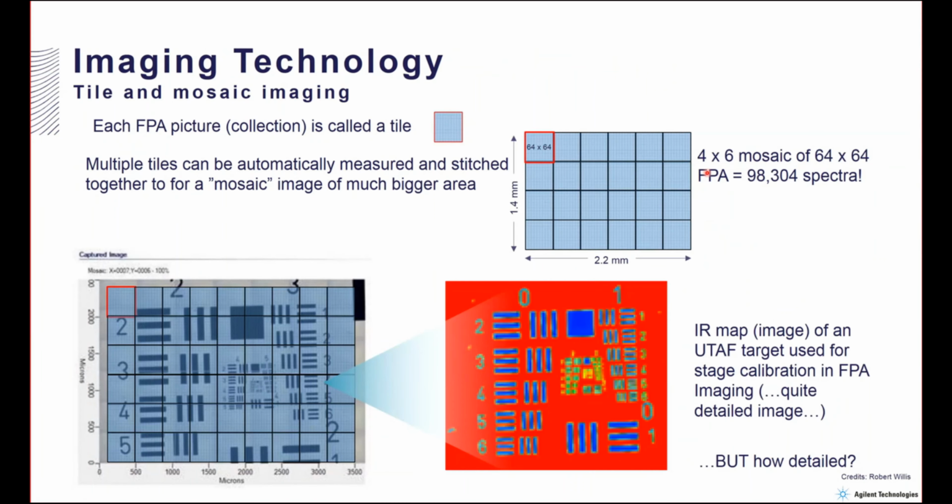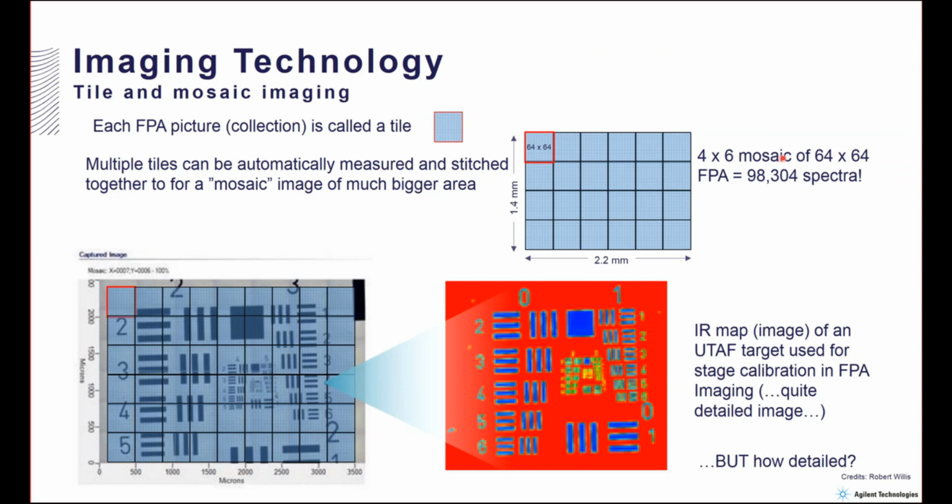When we talk about FPA, we have to introduce the concept of tile and mosaic imaging. Every picture we collect with this array of detectors is called a tile. Imagine that this is our detector and we take several thousands of spectra at the same time. But then we can also measure many tiles and stitch them together to create a mosaic image of a bigger area. In this case, we have 4 × 6